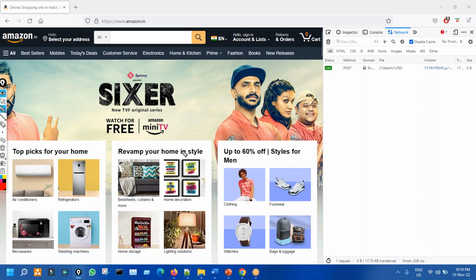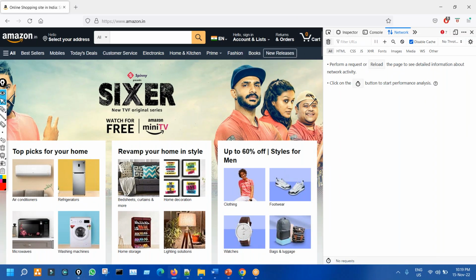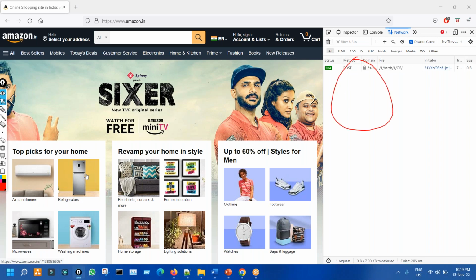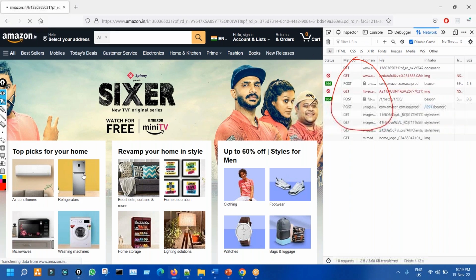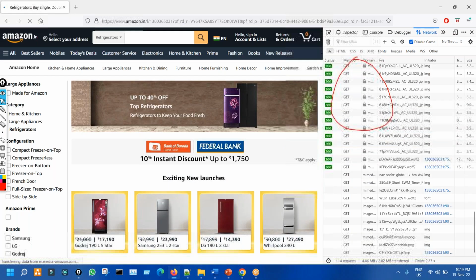Okay, this refrigerator. I'll clear this all. Nothing is there here. Now I'm going to click on refrigerator. So another transaction I'm going to do. Let us say clicking refrigerator is one transaction. I clicked on that. When I clicked on that,